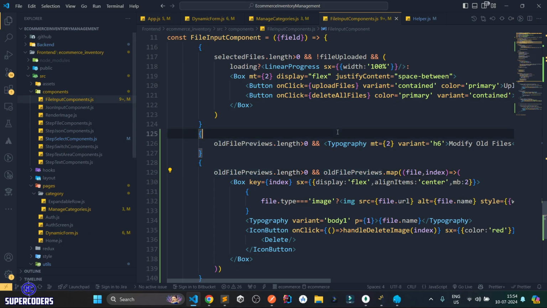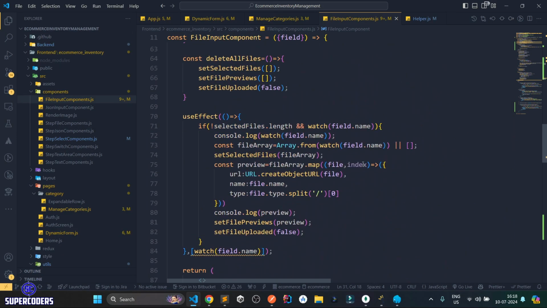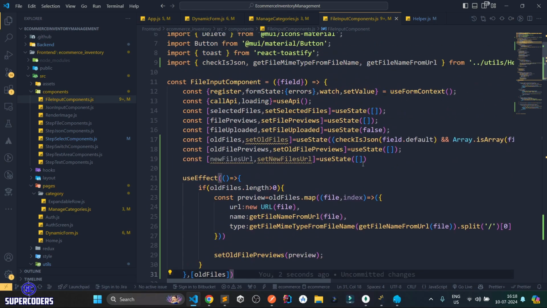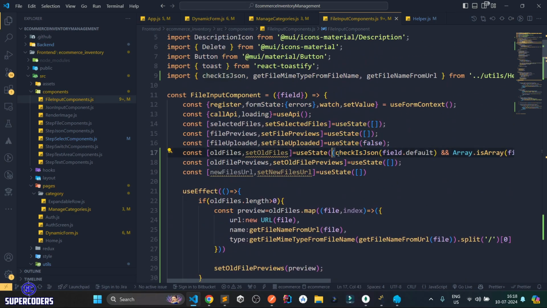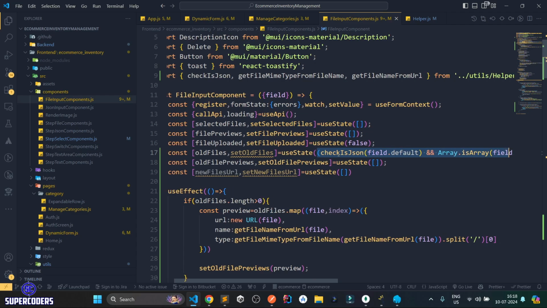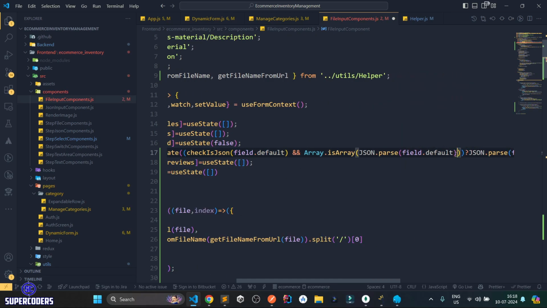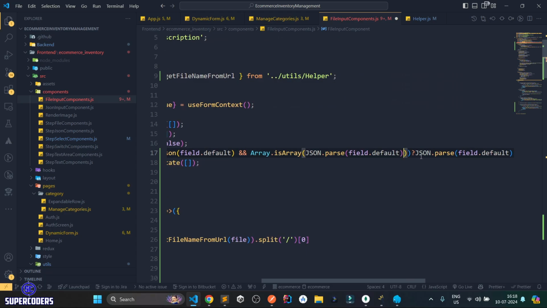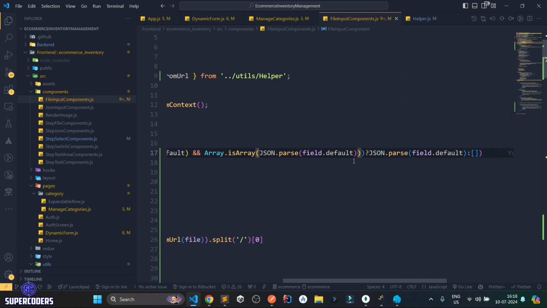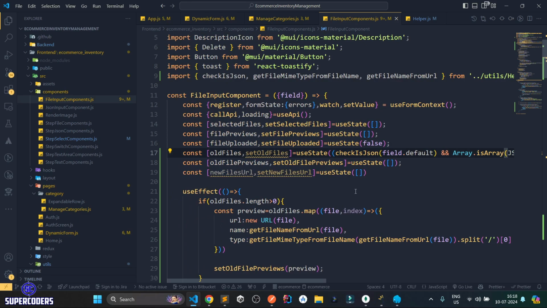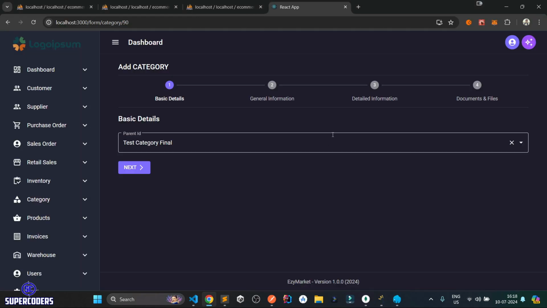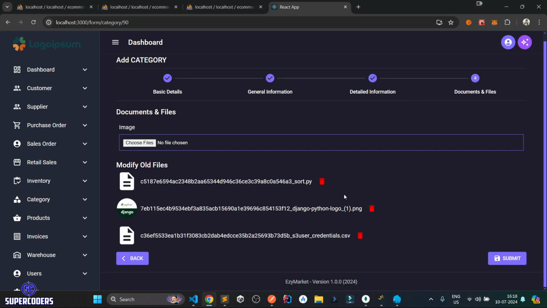So come to VS Code again. What is the issue? So if I see what is the default value, check is JSON and array dot is array. Okay, here is one issue. I didn't convert it to JSON. So JSON dot parse. Then after that, JSON dot parse. Save it, and I think all the thing has been done. Refresh page, and if I come to document file, I can see all my files which is showing